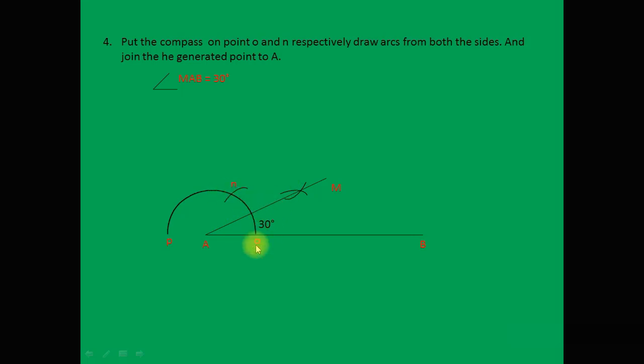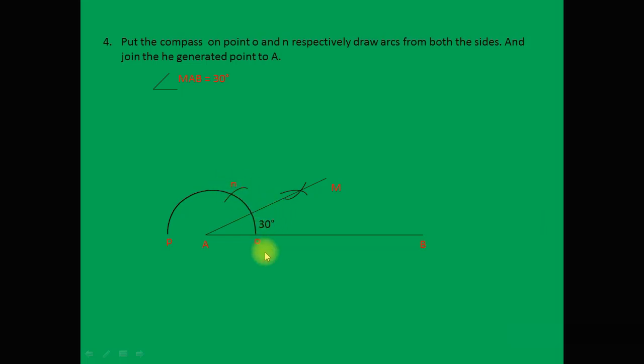When we draw an arc from this O point, then we get an angle of 60-degree. So we put compass here at this point O and draw this arc. This angle will be 60-degree, and if we put the compass at this point N and draw an arc of the same radius, then we again obtain an angle of 60-degree. So for the 30-degree, take the half of this 60-degree, we obtain an angle of 30-degree.